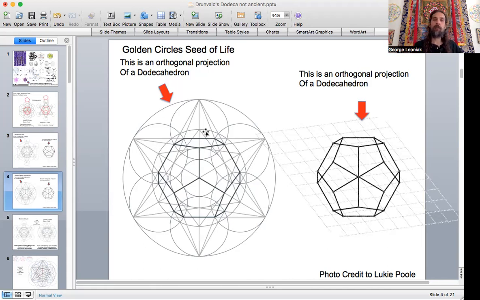And this is a modified version of a pattern I've shared quite a lot called the golden circle seed of life, because what I've done is I've introduced within our central circle 3 layers of phi ratio circles. And I'll show you what the complete pattern looks like in a moment. And these are the phi proportion circles that are also related to this inner one.